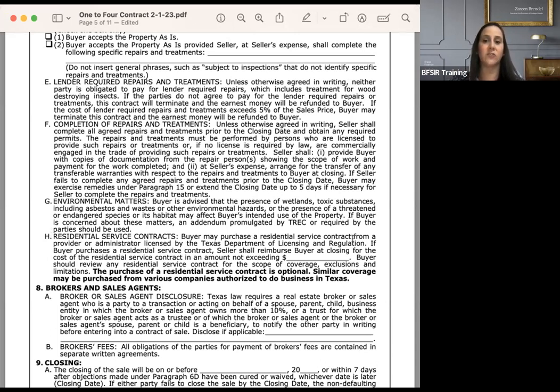Buyer may purchase a residential service contract from a provider. If they purchase one, then the seller shall reimburse the buyer, not exceeding X amount. And so, we recommend American Home Shield. We find that they're like the best home warranty company, and our representative can tell you